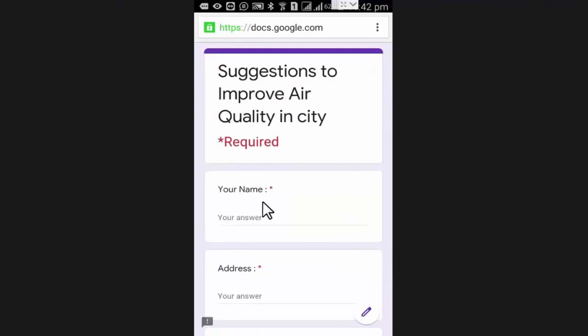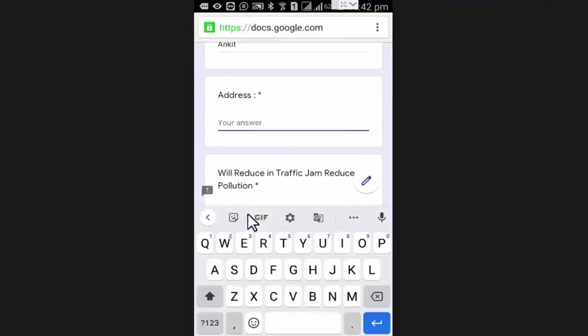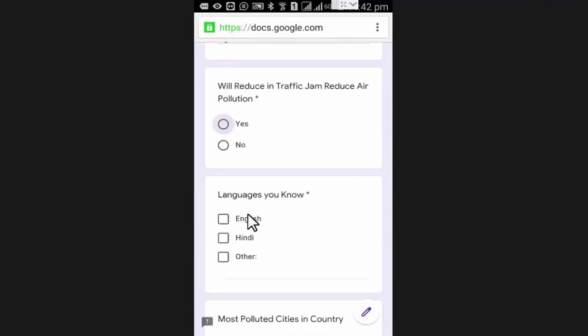I will just show you by filling it. I am just filling it randomly.